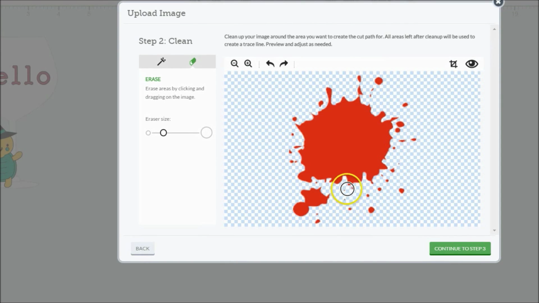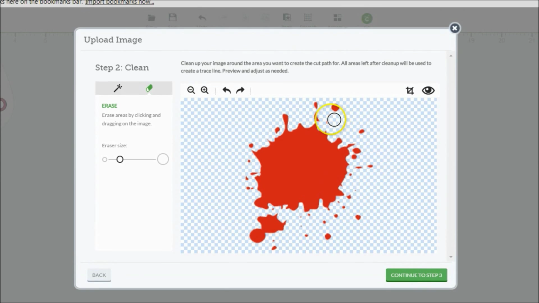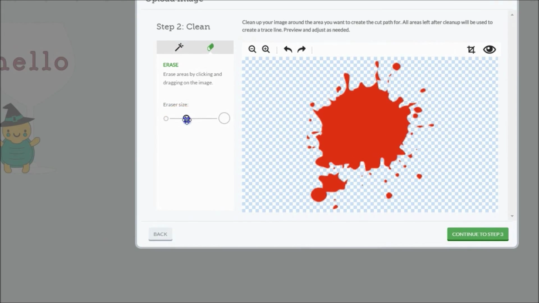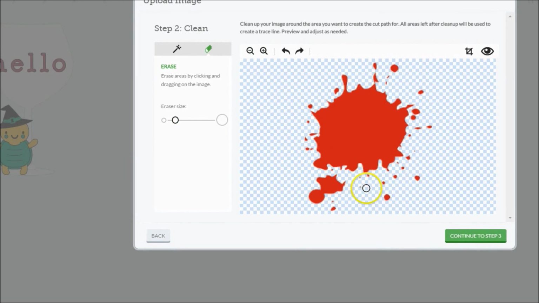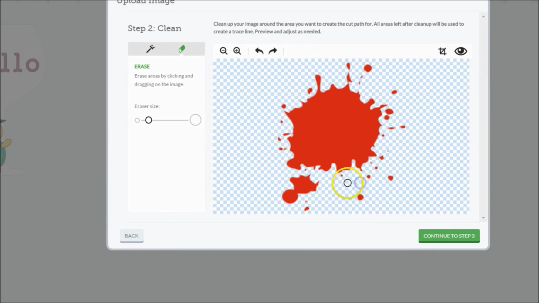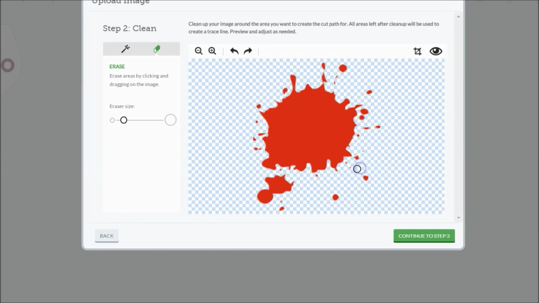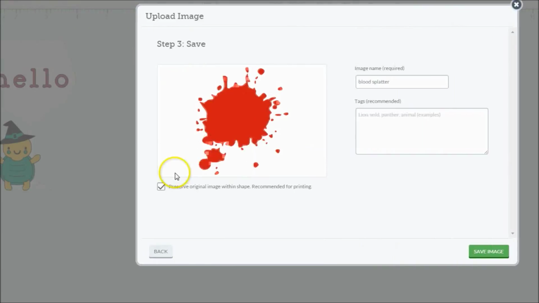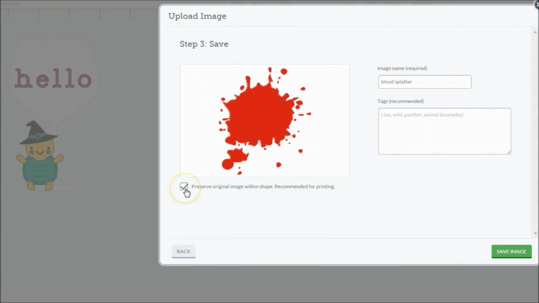So if there were some splatters in here that I didn't want to cut out, and didn't feel like weeding all that, I can use the eraser. You can change the size of the eraser, and I can erase what I need to erase, and then continue. Now, on this screen here,